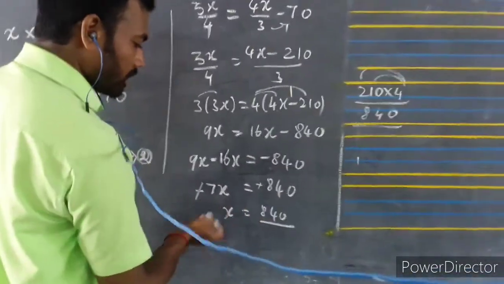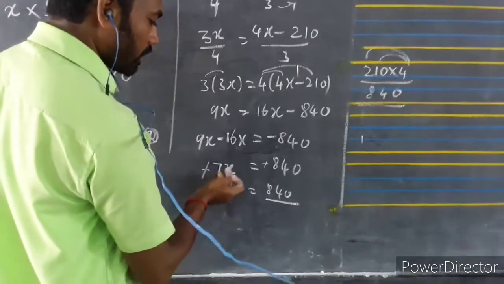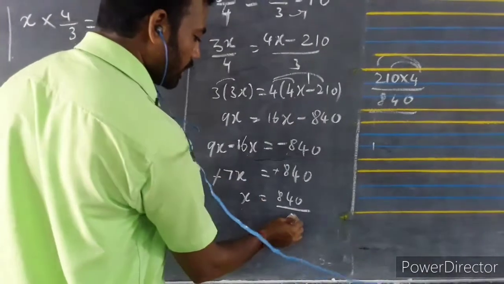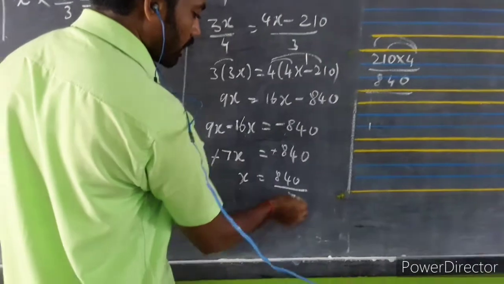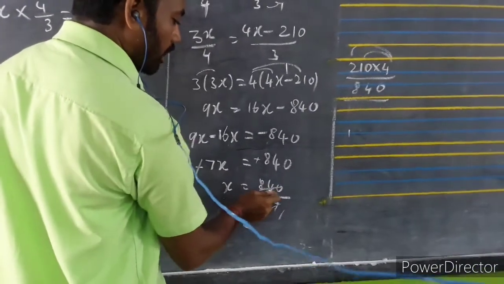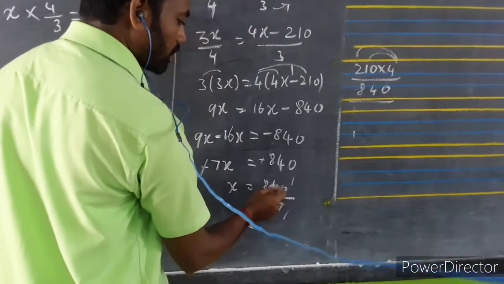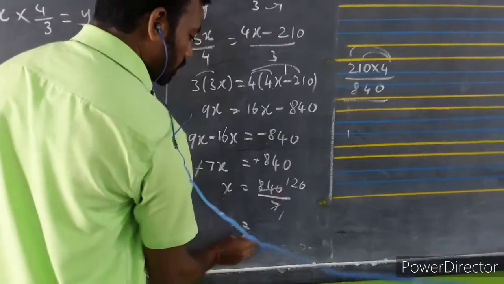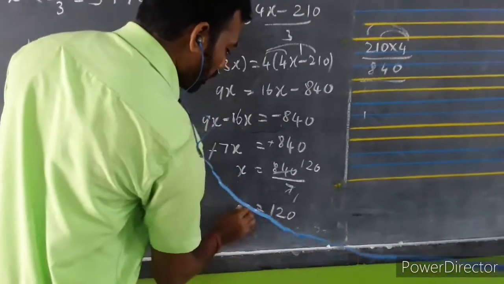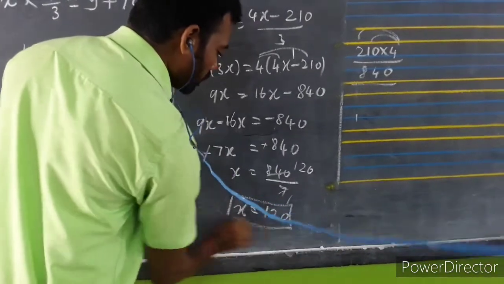So minus and minus cancel. Therefore x is equal to 840 divided by 7. 7 becomes a division on the right side, since on the left side 7 and x are multiplied. So 7 becomes a division on the right side. You cancel. So 840 by 7: 1 times, next 8, 4 is 1 times. Next balance 14, 7 2s are 14, 2 times 0. Therefore the answer is 120. Therefore the required number is 120.